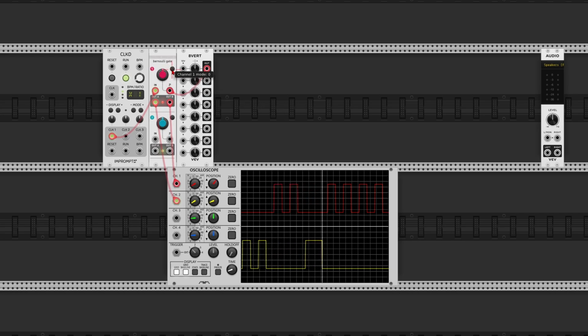If you click this button to change the mode, the module will always have either the A or the B output set to 10 volts. And each time that a gate is received on the input, there's a chance that it switches which output is high, and the probability defines how likely it is that the incoming gate will make the output switch. When you move that up, it is more likely to switch, and all the way at 100, it will switch